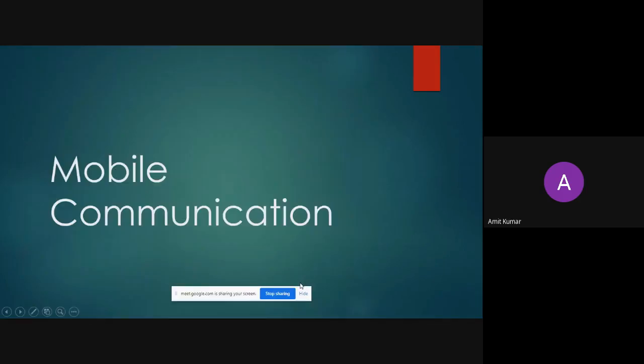So now we are going to move on to mobile communication, or you can say the cellular telephone. Most of the people who are here are using this technology. Using and developing this technology are very different, because using that technology doesn't mean you know everything about it. So before using, we need to understand. So first we will understand how the communication has been done.